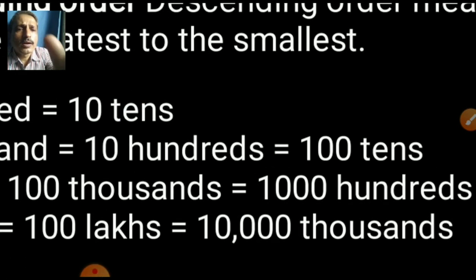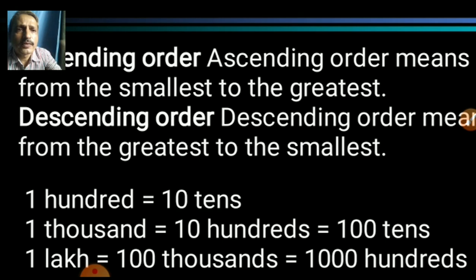Now, ascending order and descending order. Student, your very interesting topic is here. Ascending order means the smaller number will come first, then bigger and bigger. Or you can say smallest to greatest. सबसे छोटा पहले, उसके बाद एक क्लास में बड़ा वाला. Descending means सबसे पहले बड़ा. Yes, you are right. Greatest to smallest, or biggest to smallest. Good.